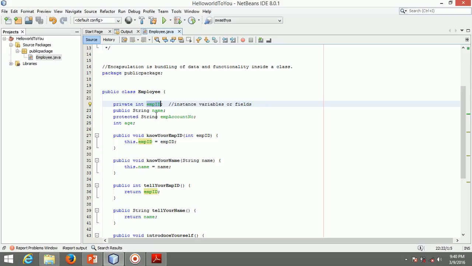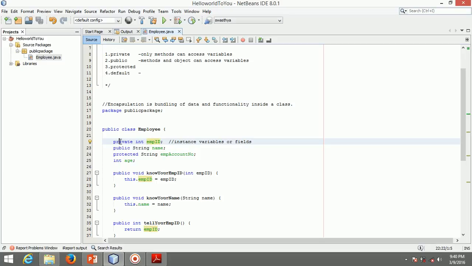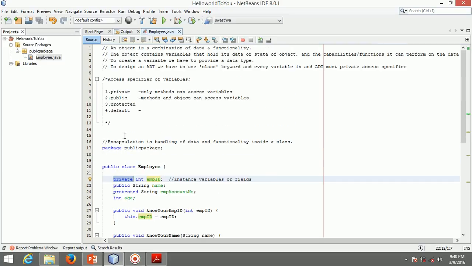So the variables can have access specifiers. There are 4 types of access specifiers for the variables inside the class, that are private, public, protected, default. Let's talk about private. Only methods can access these variables.